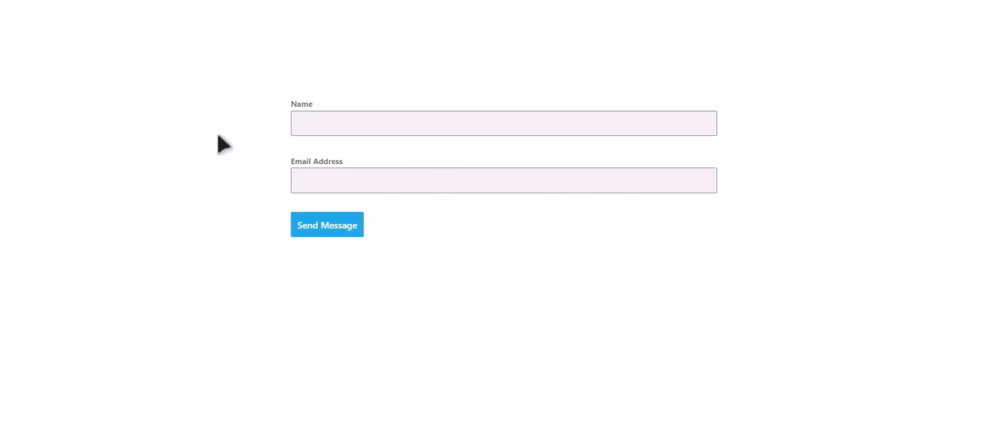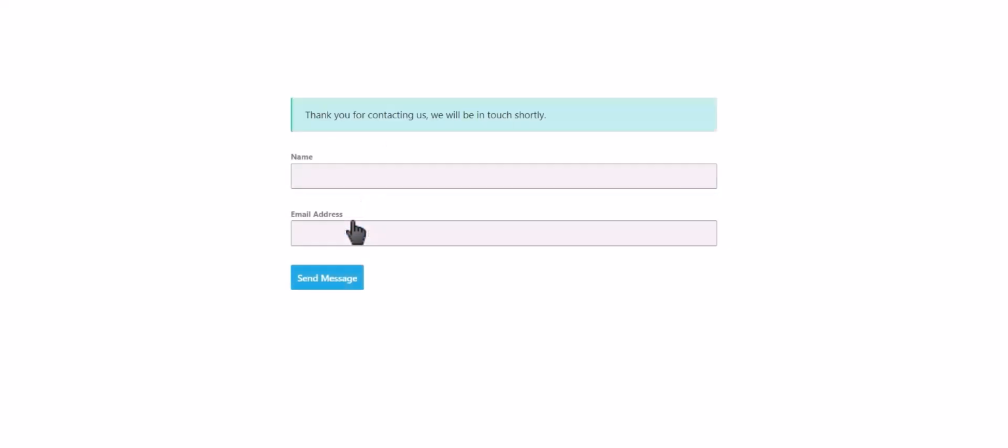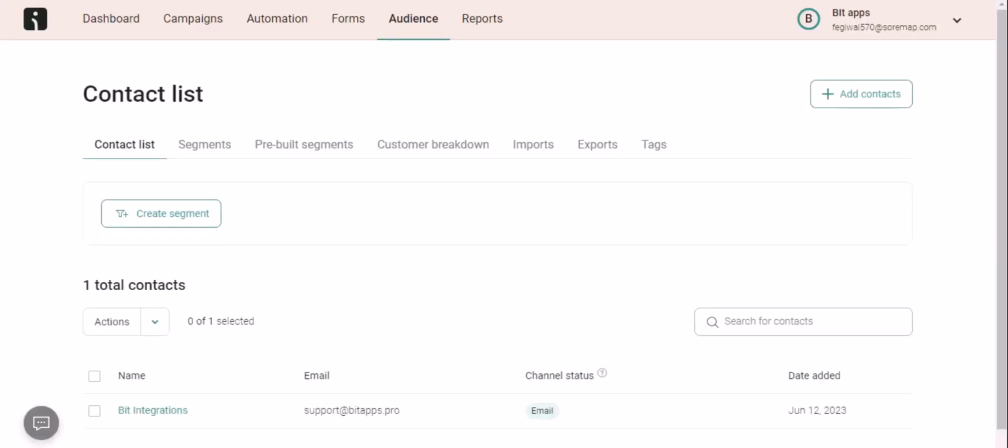Let's submit a form. Click on Send Message. Form submitted successfully. Now let's go to the Omnisend. Here is the data that came into